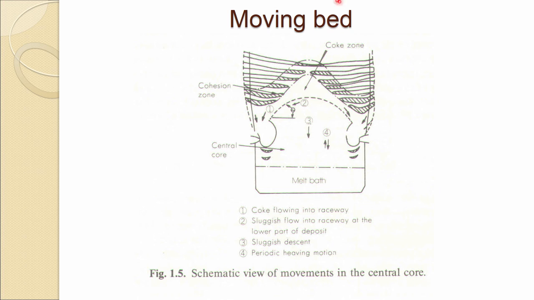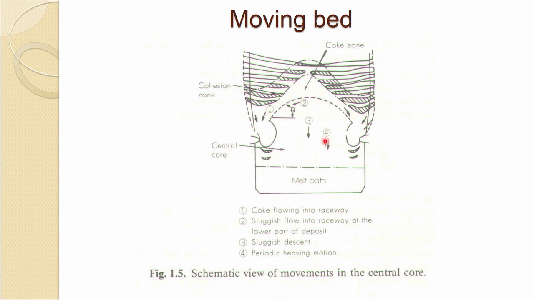and that is where one has to look at whatever experiments and things are being done; it has to be done under moving bed condition. So, coke flowing into the raceway, sluggish flow into raceway at lower part of deposit, sluggish descent,